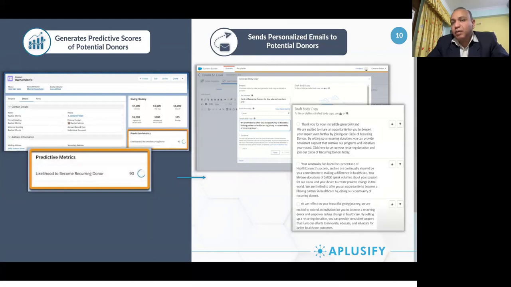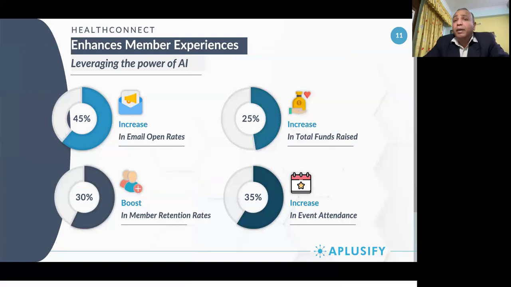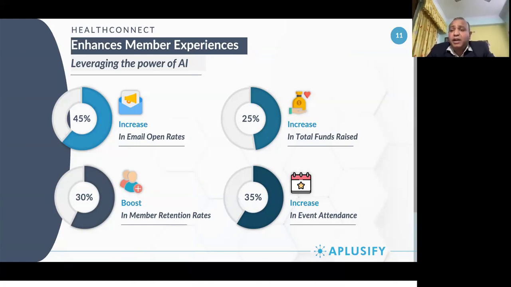You can do something about it, because that is the only way to retain your members. That is the only way to increase member engagement. There is no other manual process that you can do to do all these things. So by using the power of AI on top of Marketing Cloud, what Health Connect has achieved is, it has boosted its member retention rates by almost 30%, and increased the event attendance by 35%, because